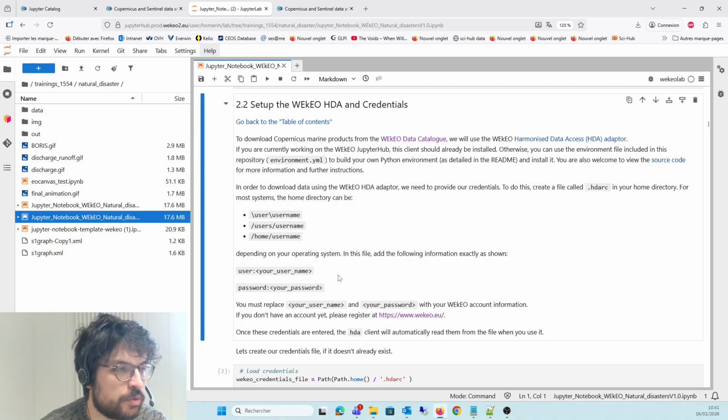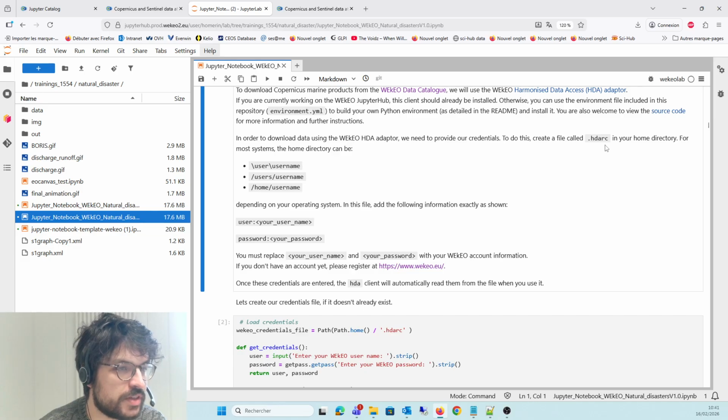And as we are working on WEkEO Jupyter Hub, this client, this library is already installed. So in order to use it, we need to create a file called .hdarc in our home directory in WEkEO. So this file should contain our WEkEO credentials, and once it's created, we can access the dataset from the catalog anytime.